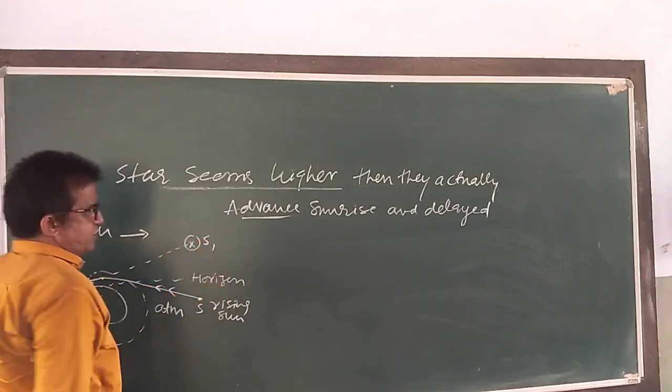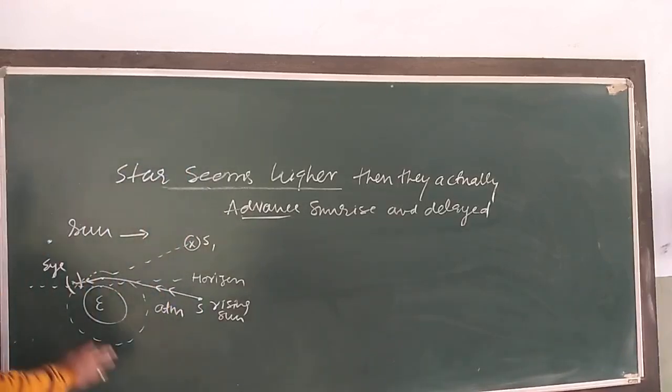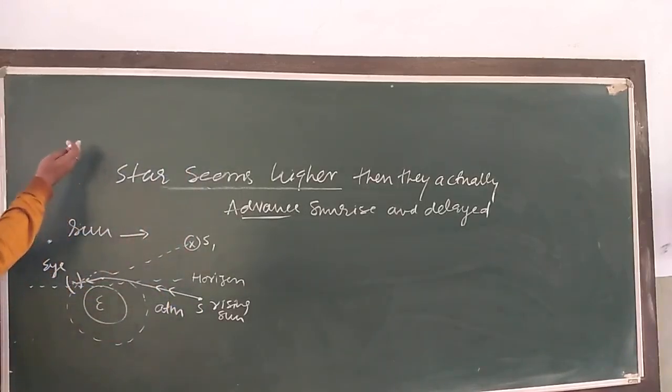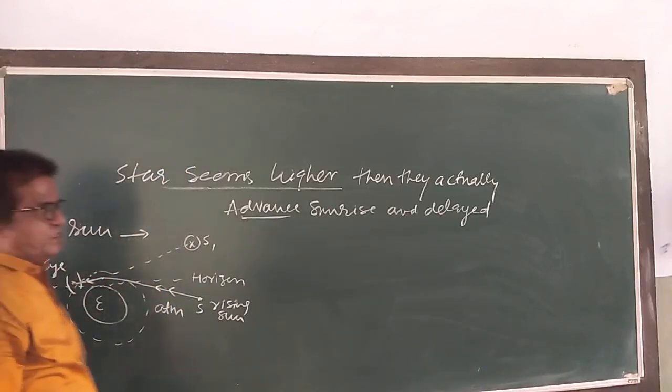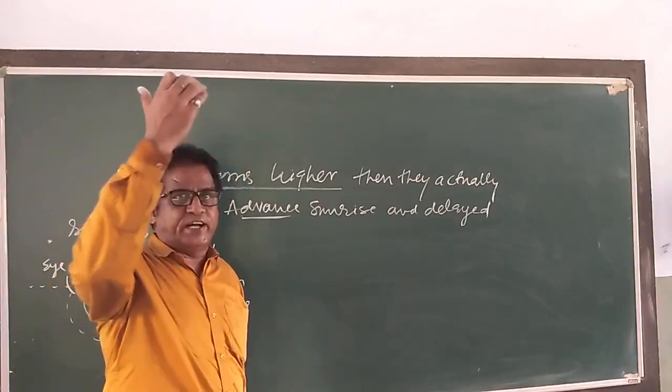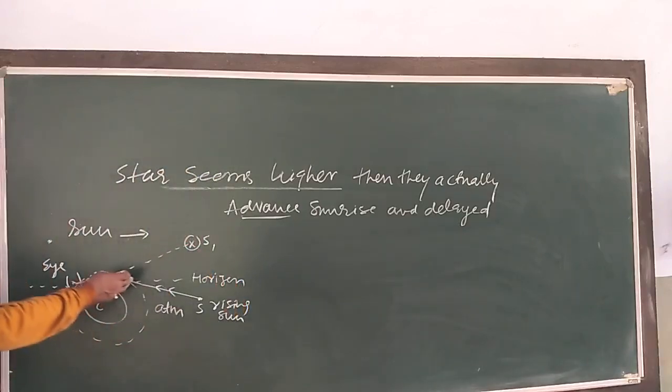Draw this figure, then I am explaining. What is here? As we move above the surface of the earth, what is going on? The density of air goes on decreasing.